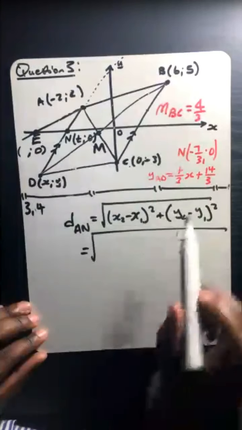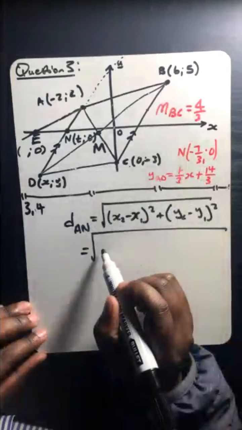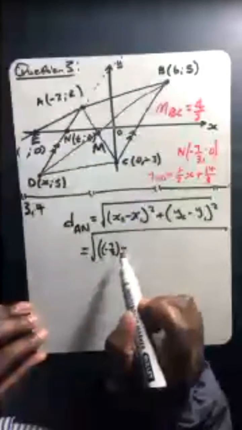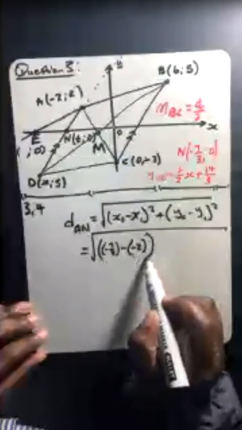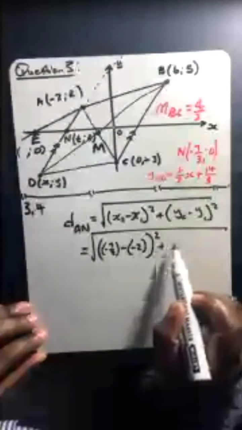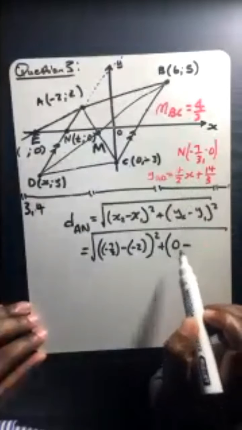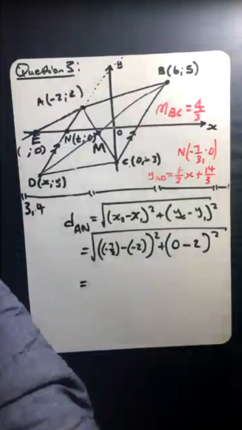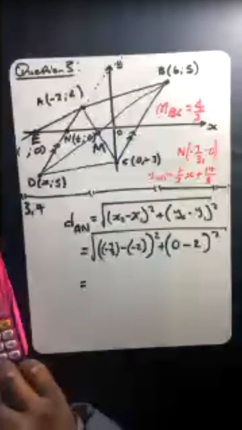We already know the coordinates of N, so maybe let's take N as our second point, which means we're going to have negative 7 over 2 minus x2 there, it's A, it's -2. Can you see, guys? You need to be very careful here because you're substituting some stuff which has got some negatives. Y2 is 0 minus y1 is that. What is this, guys? Is there someone who has punched all of that? Let's see. Square root of -7/2